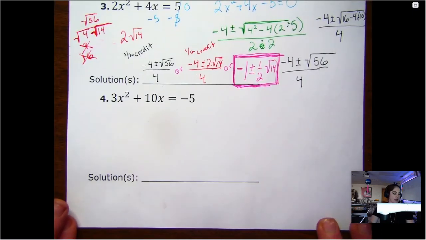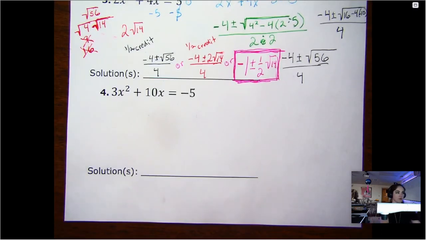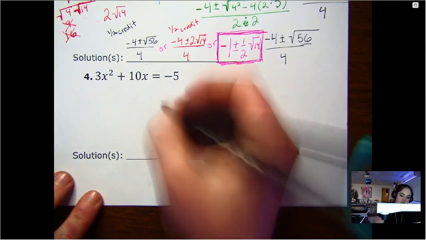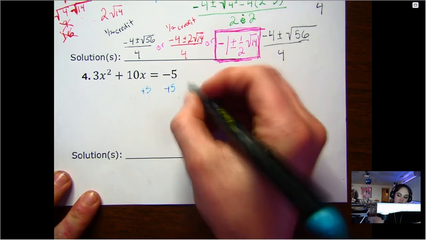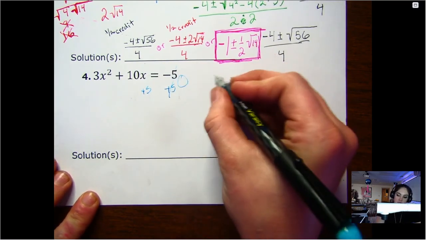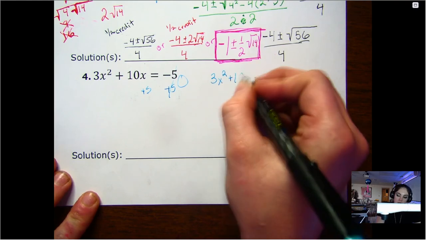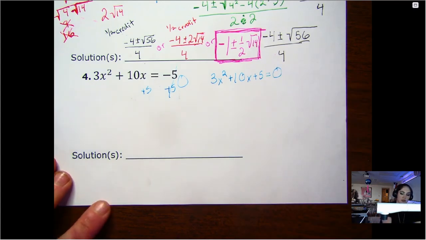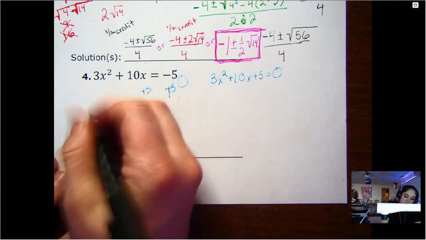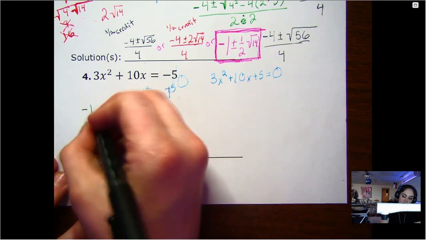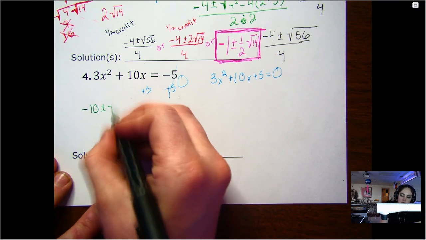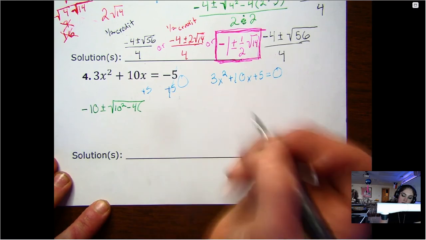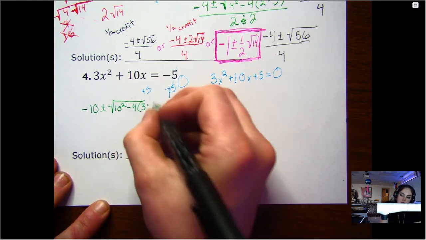Last example right here. Once again, this problem is not in standard form, so we need to add 5 to both sides. So our new equation becomes 3x squared plus 10x plus 5 equals 0. Then we can go ahead and fill in the quadratic formula. So negative b, which is 10, plus or minus square root of 10 squared minus 4 times a times c